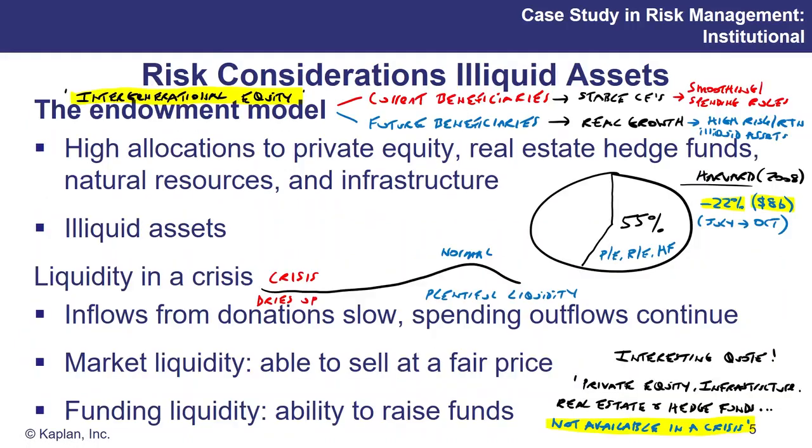Now, we talked about Harvard as a great example of the endowment model. So I'm going to pick up on Harvard on this slide. I've added it in as quite a relevant little example here. But the book starts to bring up some of the risk considerations with illiquid assets in general. We can pick up on a bit of our institutional endowment model. Now, remember that the context in institutions is a university endowment. So I have brought in Harvard as an example here.